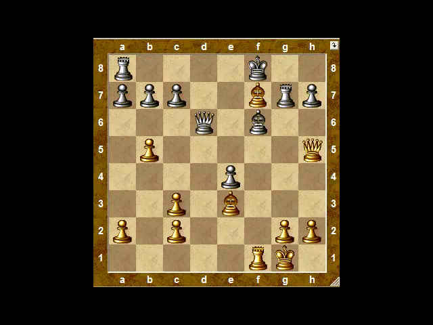Black can't afford to recapture because of bishop c5 pinning the queen to the king. So black had to stop that. And now the bishop goes the other way and pins the rook. The king tries to escape. But now, after the exchange, white is just a pawn up, and the attack is still continuing on the light